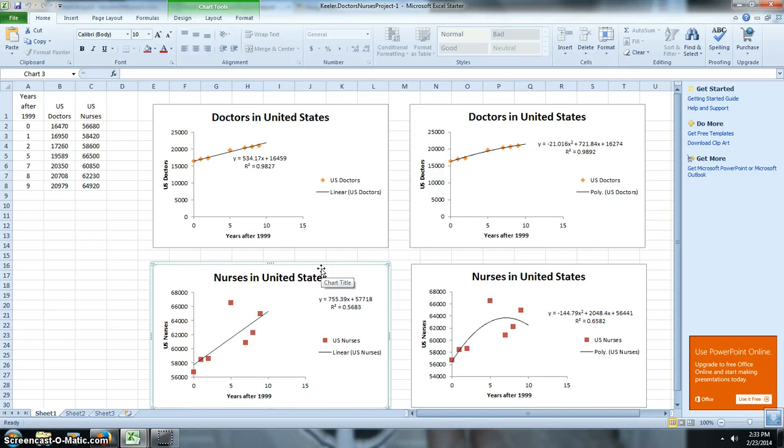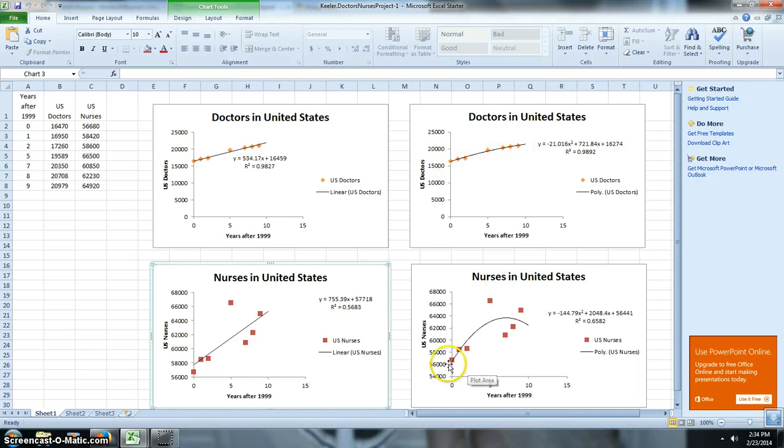1999. In my data, I found that the number of doctors in the state of Georgia is coming at a steady increase in linear form, and the number of nurses in linear form is at a steady increase. You can see that the data points are more scattered for nurses though, so it's not as relevant as it is for doctors. And in polynomial form, you can see that it's more accurate, slowly increasing the same, but more accurate as to how many.